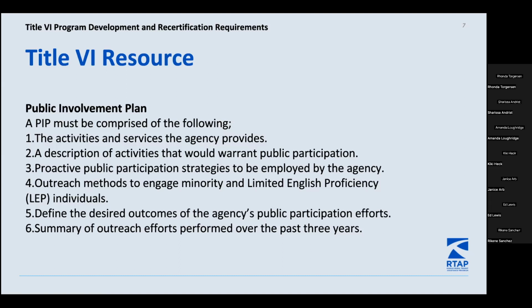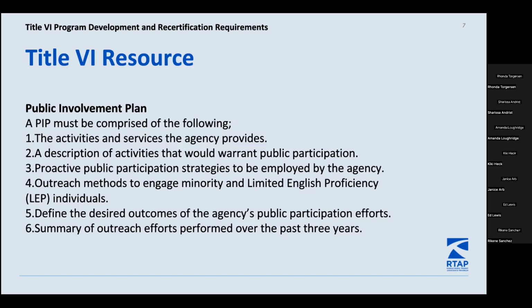A PIP helps set the foundation for public engagement efforts and provides agencies with proactive and effective procedures and strategies for public engagement. The public participation plan should guide an agency's engagement activities and define the desired outcomes of the engagement process. And there are 6 things that must be